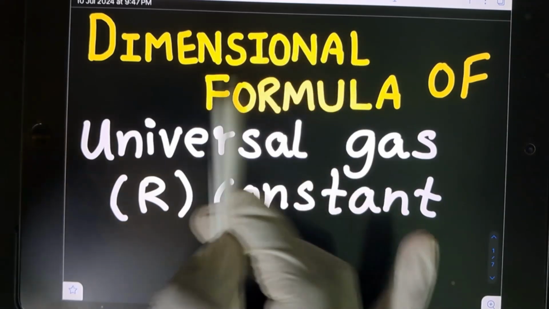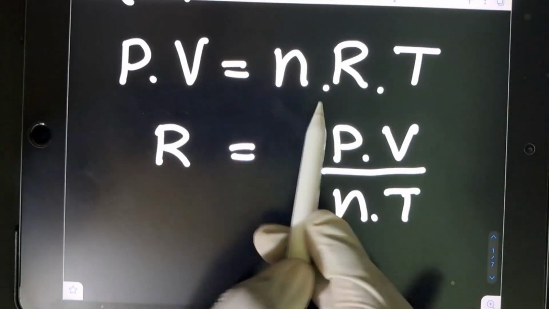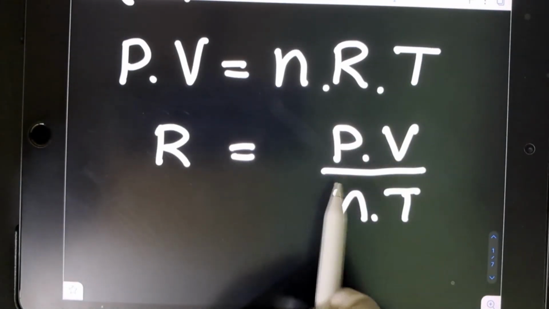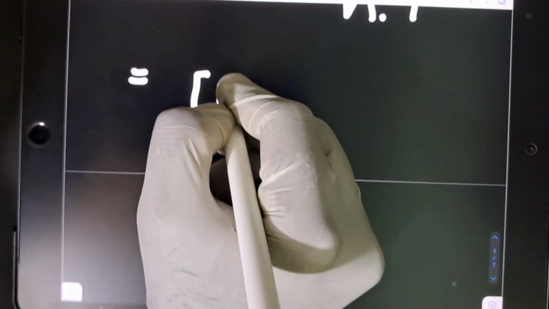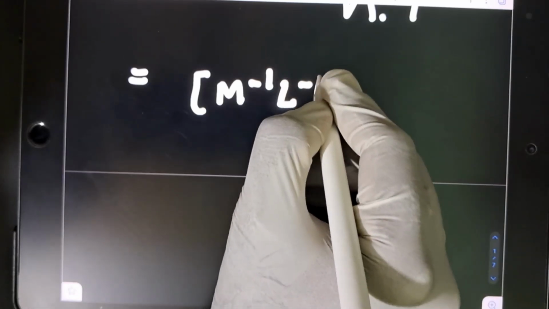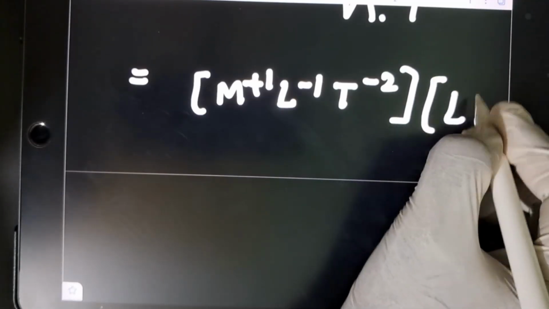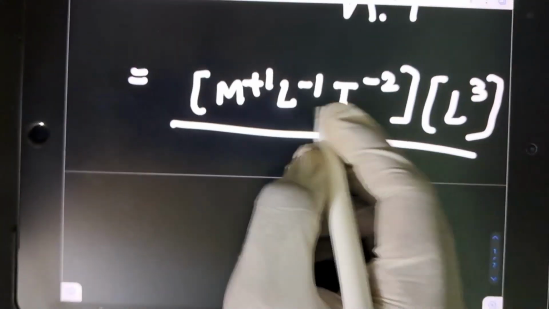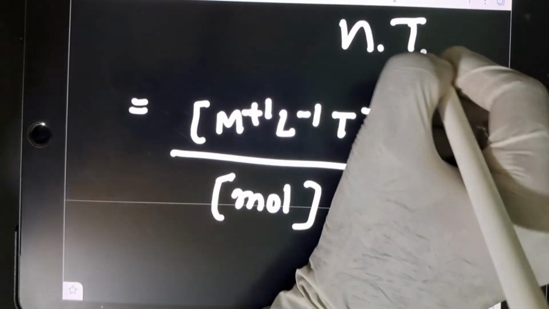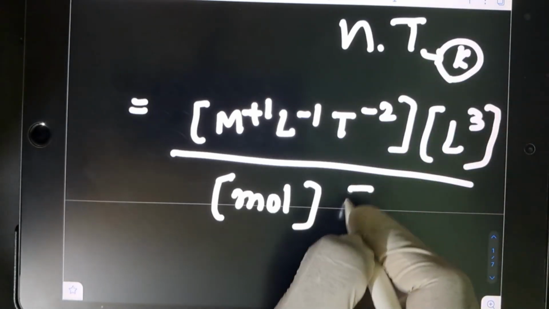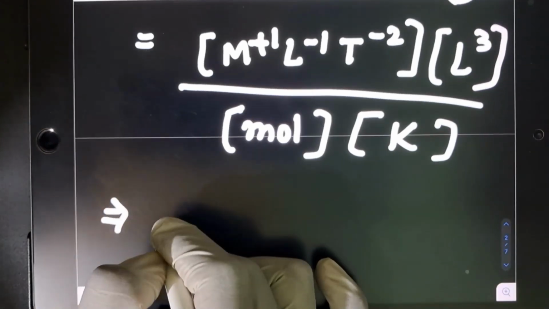To find the dimensional formula of the universal gas constant, denoted by the letter R, the formula is PV equals nRT. Here R is the universal gas constant, R equals P into V by N into T. Here P represents pressure, so M power 1, L power minus 1, T power minus 2, and volume is L cube. N represents the moles, and T represents temperature, denoted by the letter K, so K power 1. On reciprocal we get M power 1,